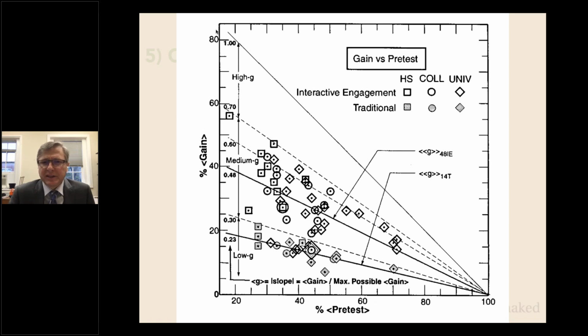It's about a 20-year-old study at this point, performed by Richard Hake. He's a physics professor looking at physics students. It's a complicated graph here, but you'll notice that at the bottom, there are shaded boxes along the graph, and then some non-shaded boxes. Basically a shaded box is a passive learning teaching strategy that was used. The shape of the box is for high school students, four-year institutions, or big R1 institutions. Of the over 6,000 students in this study, I think 2/3 of them were from big R1 research universities. And the graph itself is showing learning gains.